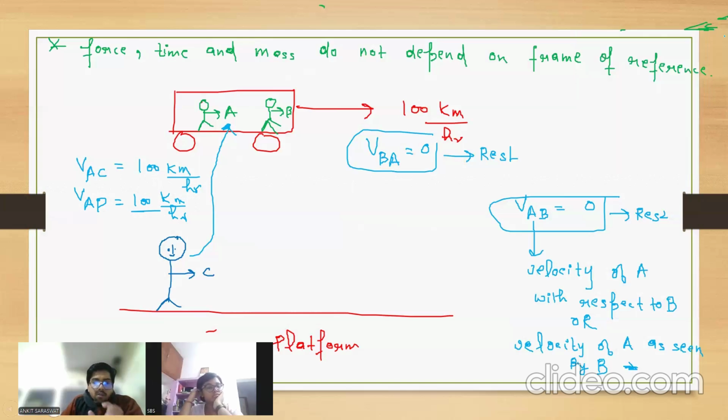Yes, sir. If the velocity of two observers is the same in magnitude and direction, then their frame of reference is equal. For A and B, their velocity is the same in magnitude and direction. That's why their frame is equal. Clear? Yes, sir. Now you tell me,